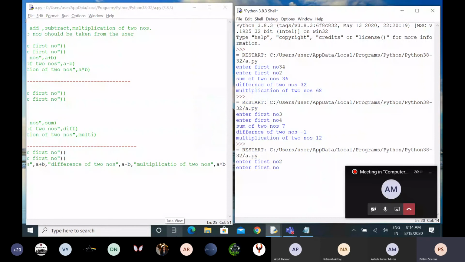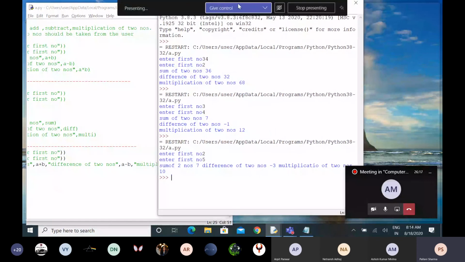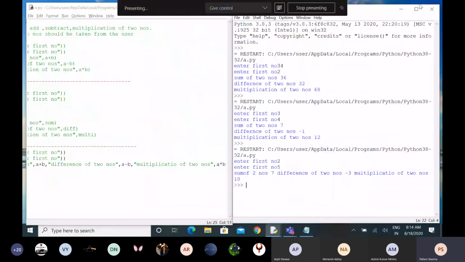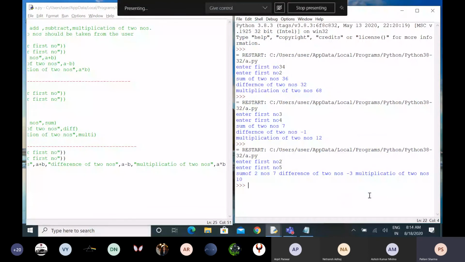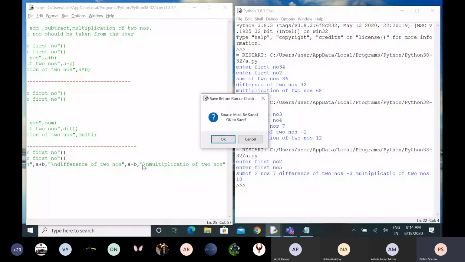First number is 2, second is 5. You can see the difference. Multiplication of two numbers, division. In this way you can find the difference. This is another way also. If you want to use the escape sequences, you can use them also. There is no hard and fast rule that you have to use those things only.